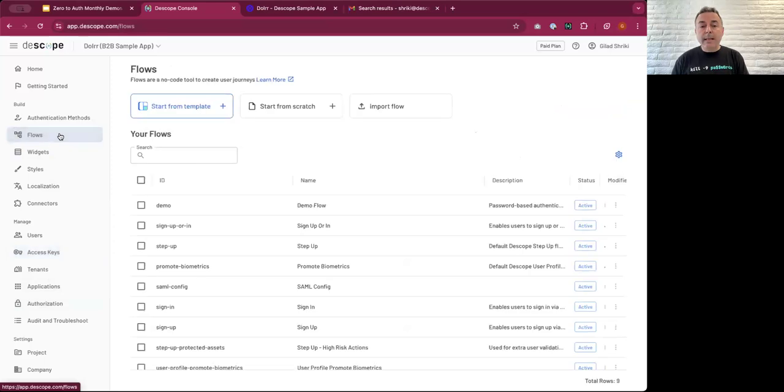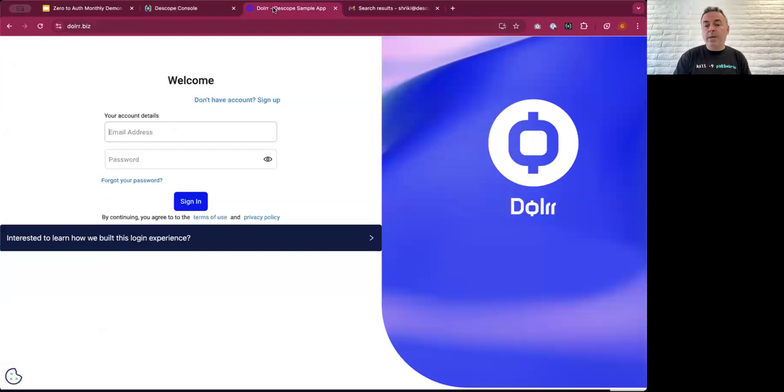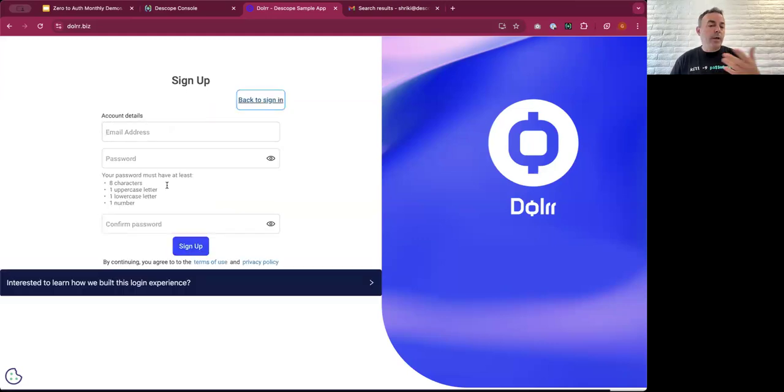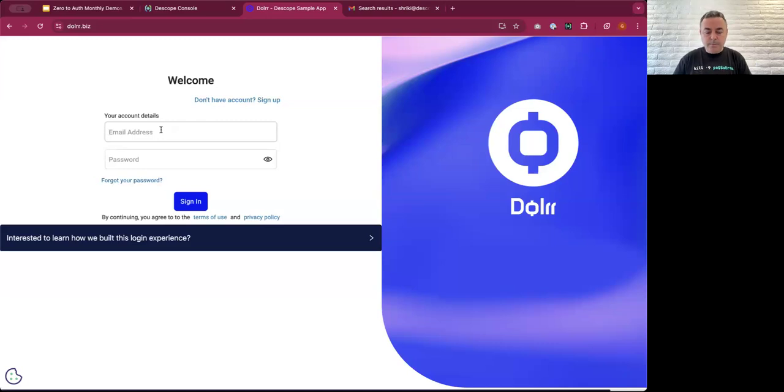But I really want to get into the cool things. We do have a sample application. We call it $. I know it's misspelled, but it was kind of cool. And for some people it was cool, I'm not sure, but this is a simple sample application. It supports username, password, and you can see we also have sign up capabilities, or we have forgot password capabilities. And of course, if I log in,